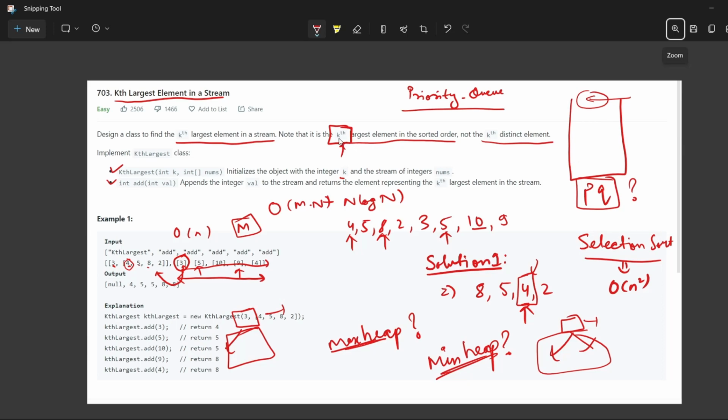We need the kth largest element. The largest elements should be at the bottom, and the kth largest element should be at the top. That means this element should be smaller than this, so we need it in descending order. So we need a minimum element at the top. So we need a min heap. I think it makes sense to you. So we are going to use the min heap and we will store all the elements here.